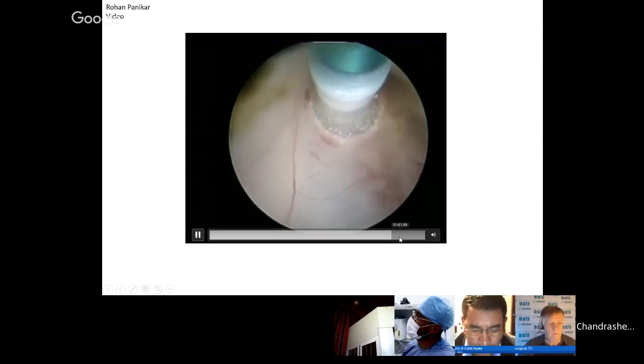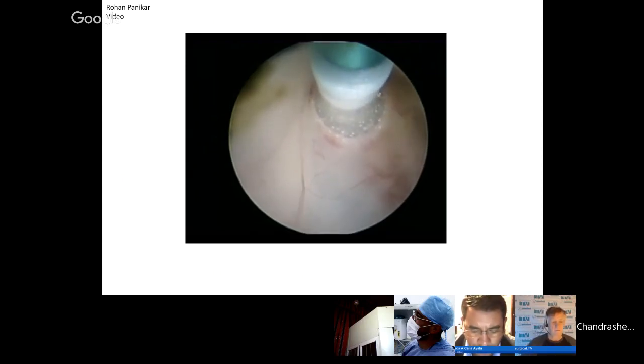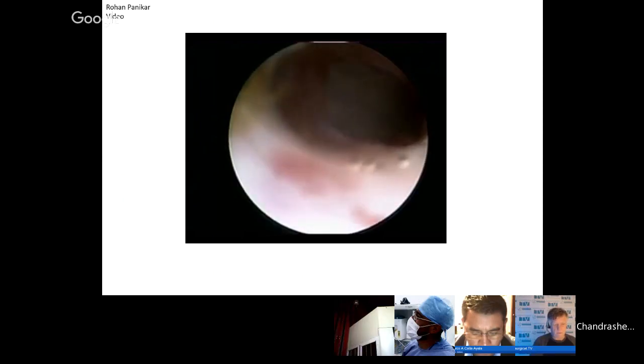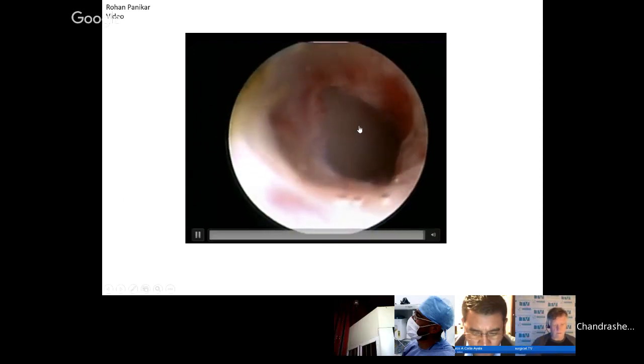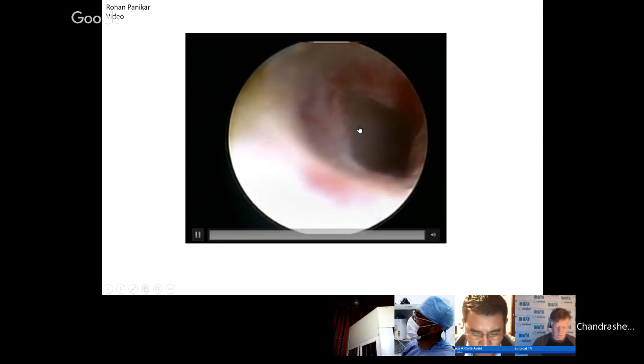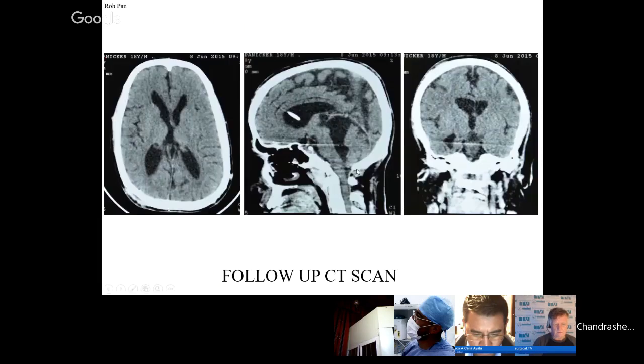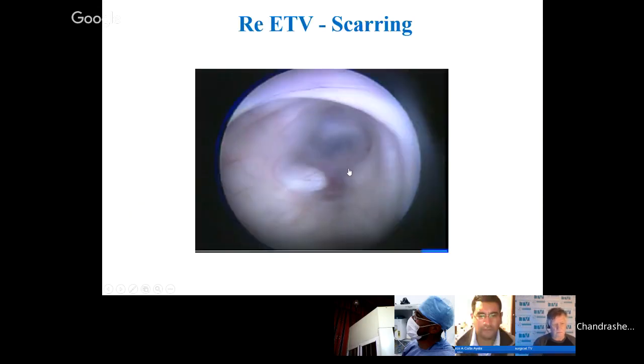So that the fourth ventricle does not remain isolated, we also put in an aqueductoplasty and keep the aqueduct open by that method. Okay, we can now look into the fourth ventricle here. This is a post-operative scan, and this patient has remained well following this surgery. You can see the communication between the cyst and the fourth ventricle here on the immediately post-operative scan.